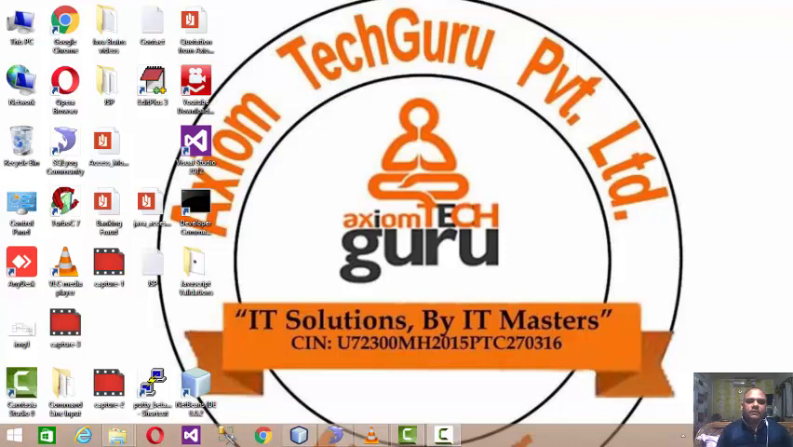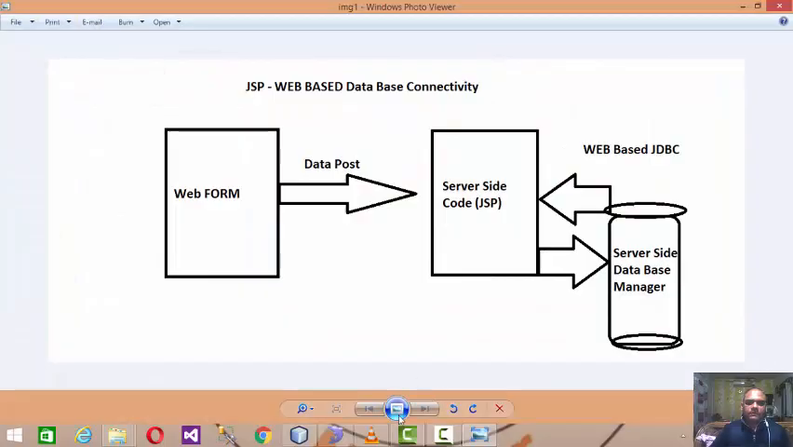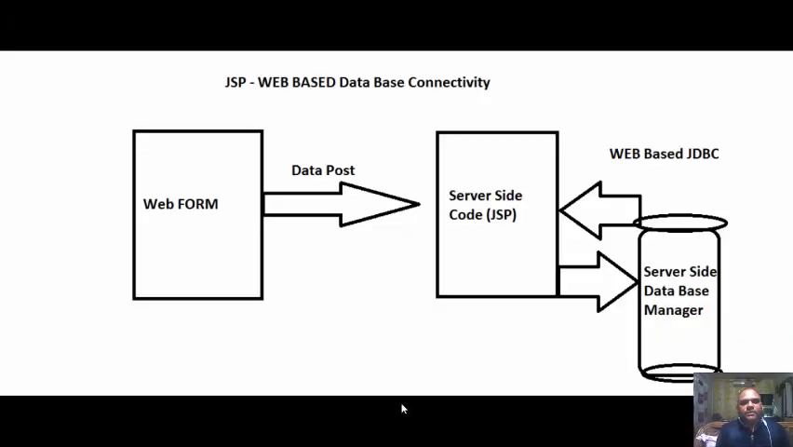Hello friends, welcome back to JSP's virtual session. In today's session we are going to discuss JSP web-based database connectivity. Up till now we had a discussion regarding how we can construct a UI, how we can post the data from the client to the server, how the server will accept and read the data, and by using server-side Java code, generate a server-side response